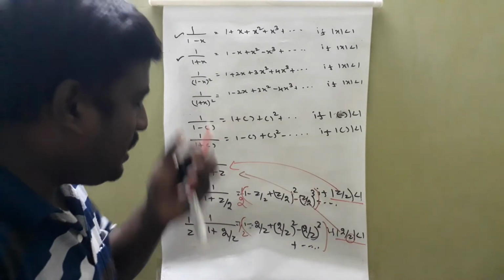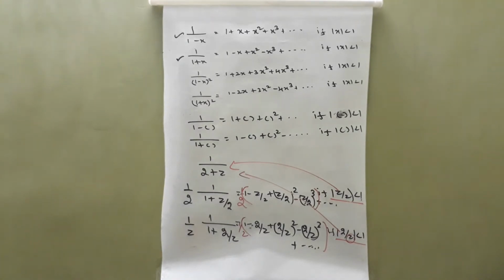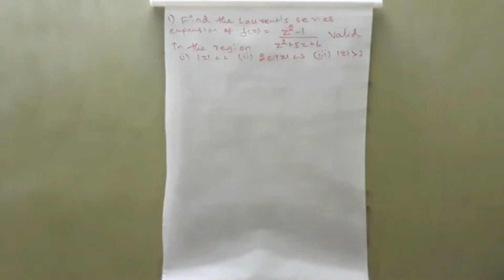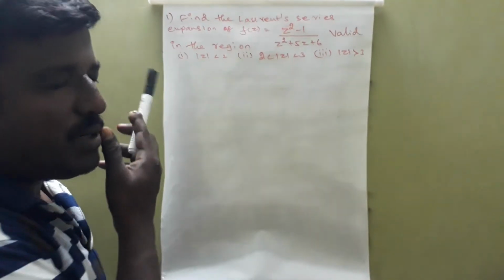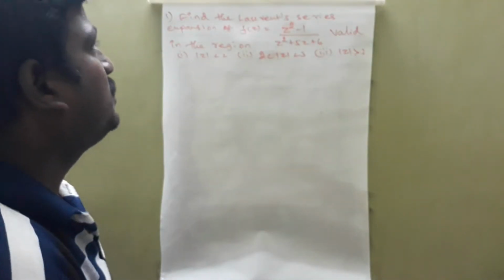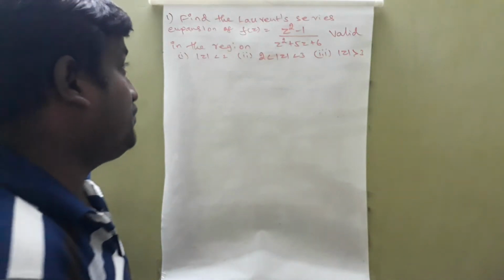Okay, next we can see the problem in Laurent series expansion. Okay, next we see the problem. This is the most important problem from the university point of view. Find the Laurent series expansion of f of z equal to z square minus 1 divided by z square plus 5z plus 6, valid in the region